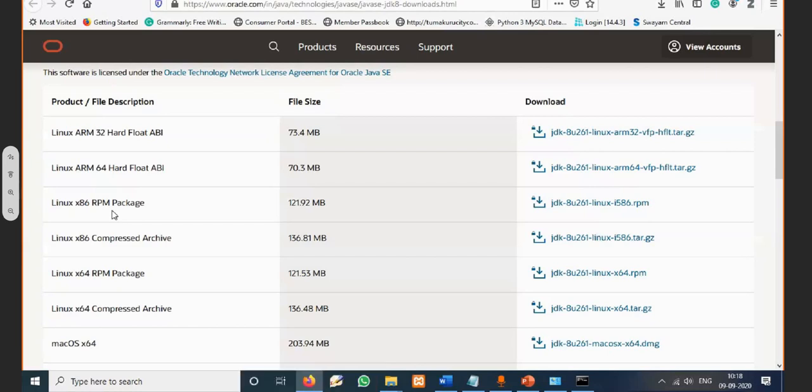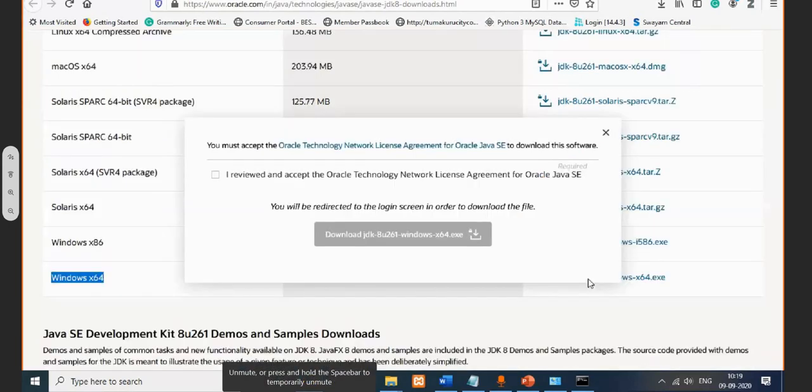Okay, if I click this, it will say I have to accept so and so. If yes, I accept the terms, download this. Okay, it will just start downloading. It will be asking for a username and password. If you do not have an Oracle account, you can create a free account.